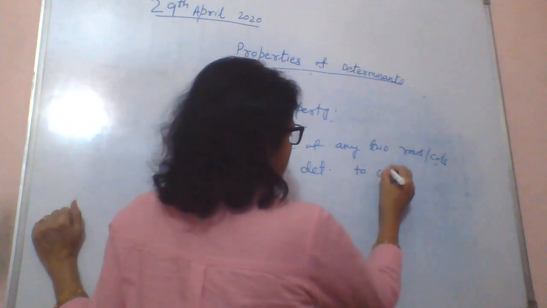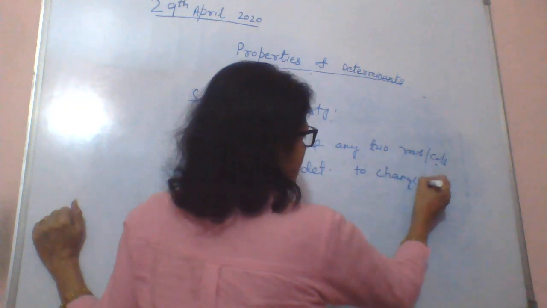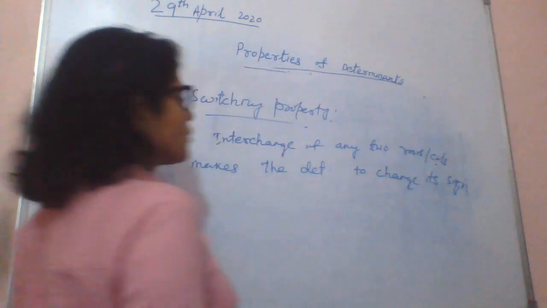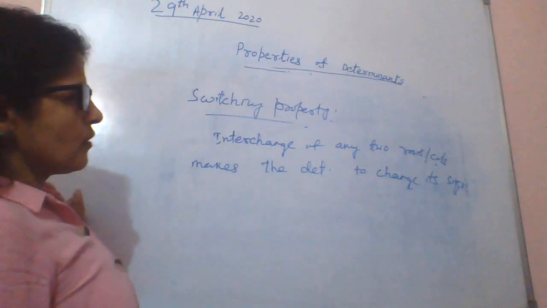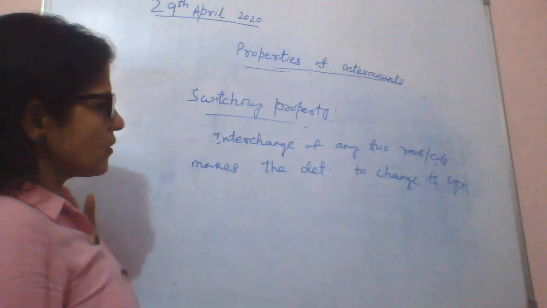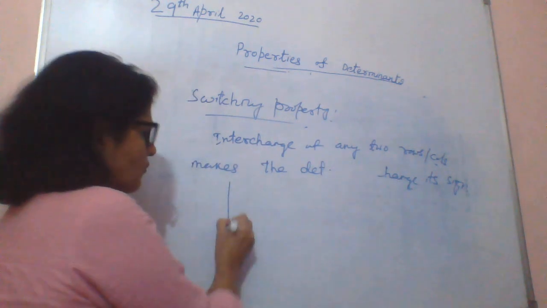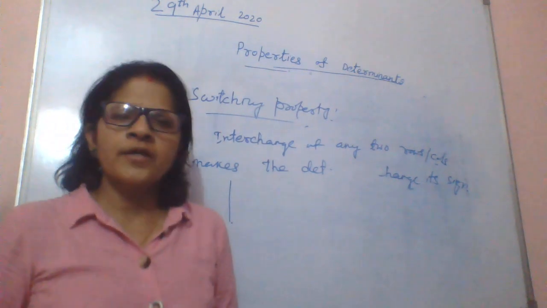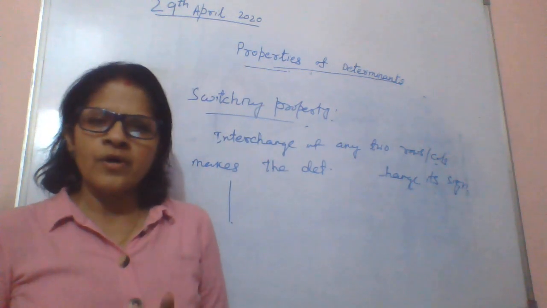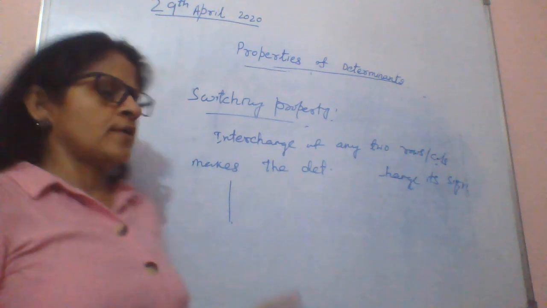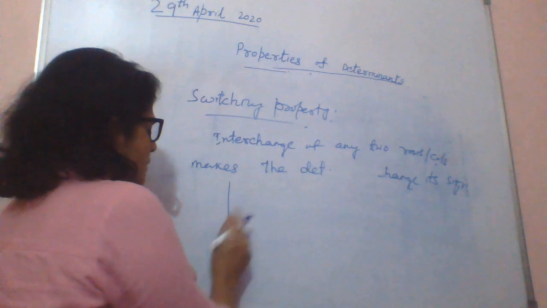Interchange of any 2 rows or columns makes the determinant change its sign. So it means whenever we interchange any 2 rows or any 2 columns of a determinant, the determinant changes its sign. So if I write here,